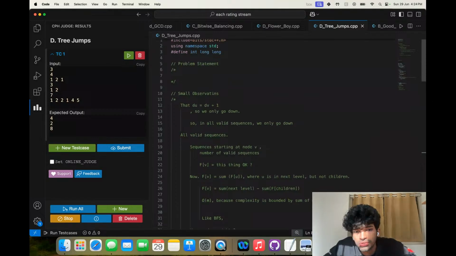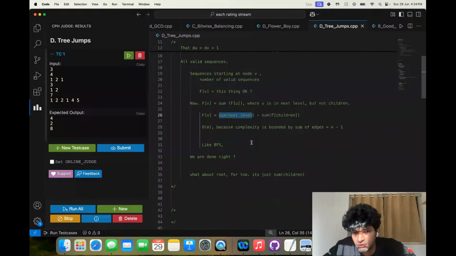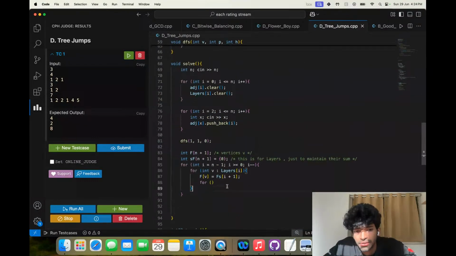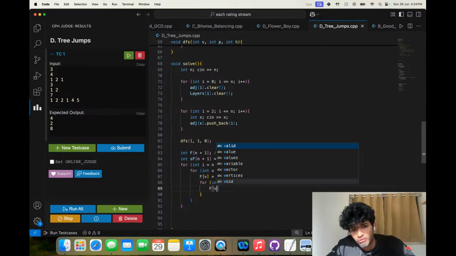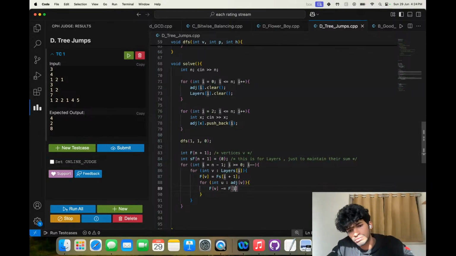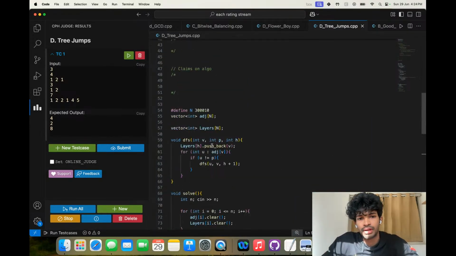So f of v equals the sum of next level. That's been done. Now we just have to subtract its children. f of v minus equals f of u. f of v remainder equals m. I'll add that too.